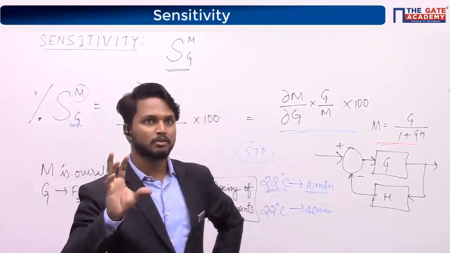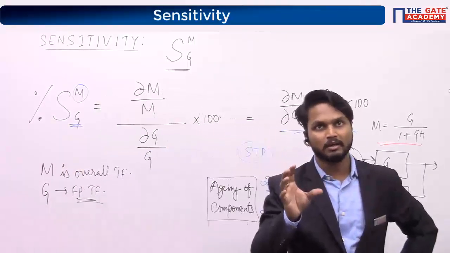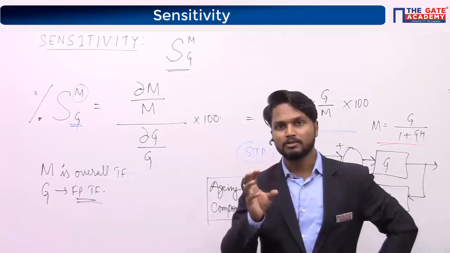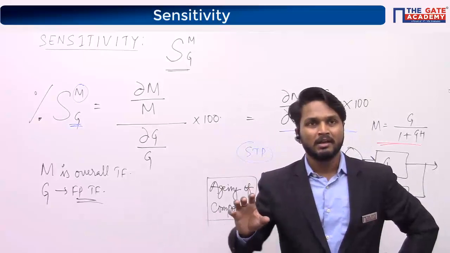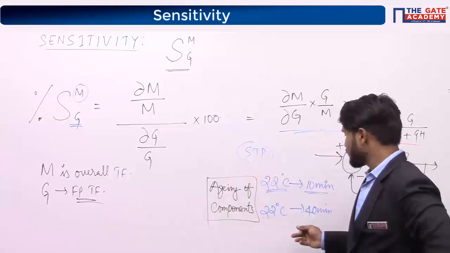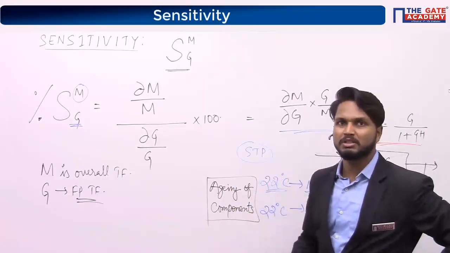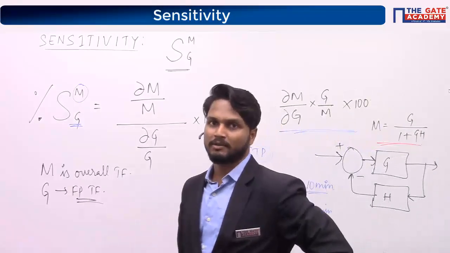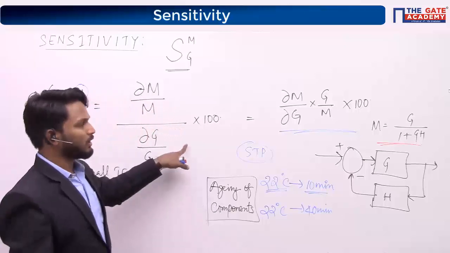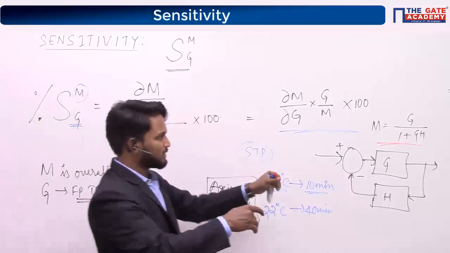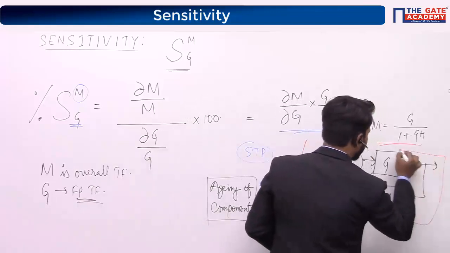That is because every component will have some lifespan. So because of the changes in the components, the output of the system changes. Yes or no? The output of the system is changing, the behavior of the system is changing. Everything is changing. So what does this sensitivity give? Within this particular feedback loop,